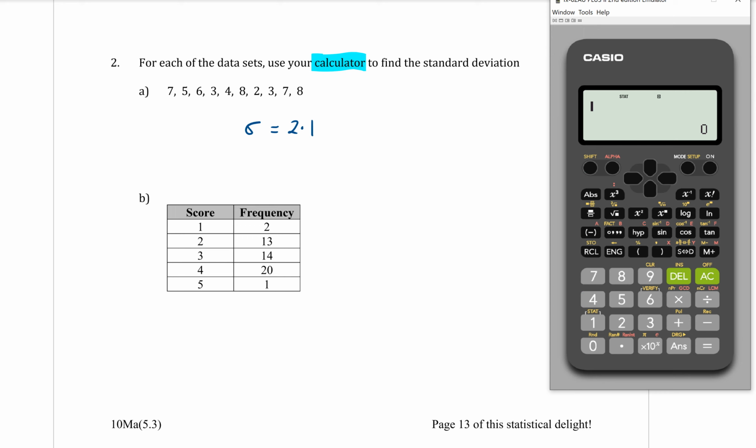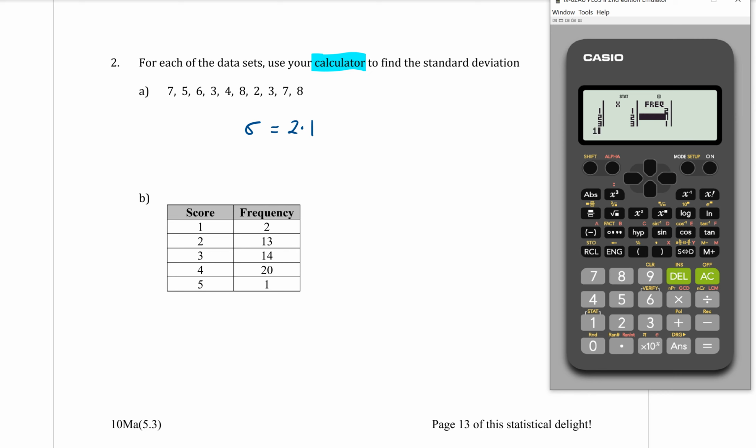Looks like my table's gone. Let me just try that again. Oh, it's cleared it all out again. Let me just type that in again quickly. I must have accidentally pushed something. Can happen easily. So that's 2, 13, 14,